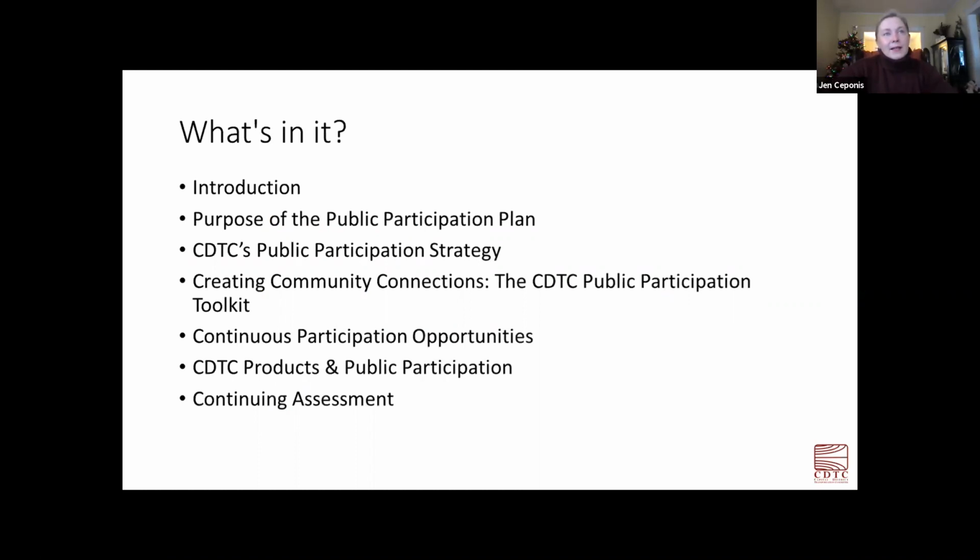But the plan has a basic introduction on what our goals are, the purpose of the plan, and what CDTC's strategy is. One new thing about our plan is the Creating Community Connections toolkit, which really lays out a variety of strategies, both those which we've used and those which we would like to use.